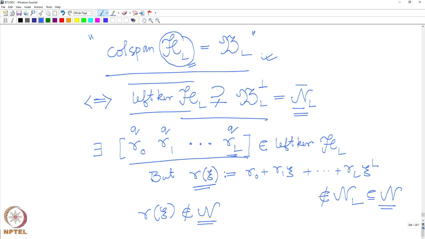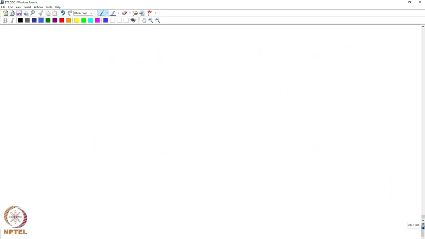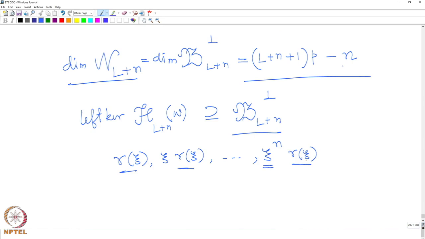R xi had degree less than or equal to L. So, when I go all the way up to xi to the power n, this has degree less than or equal to L plus n. So, that means each of these guys is actually inside the left kernel of HL plus n of W,